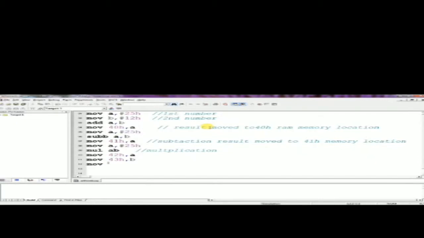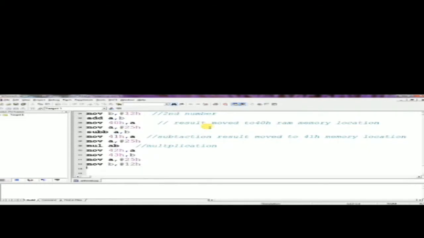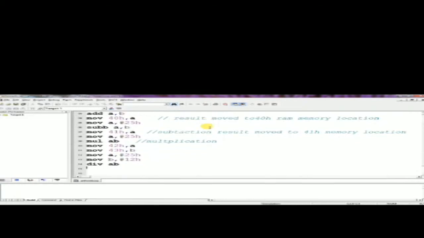The multiplication result will be stored in two memory locations, 42h and 43h. Those values are stored in the A and B registers, so we move them to the 42 and 43 memory locations.